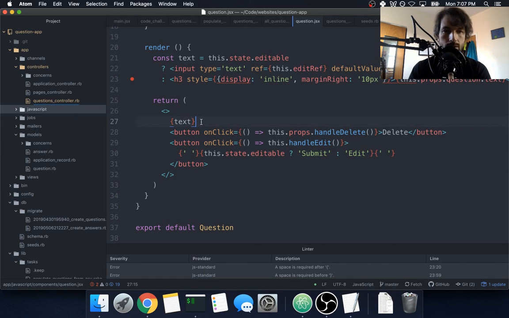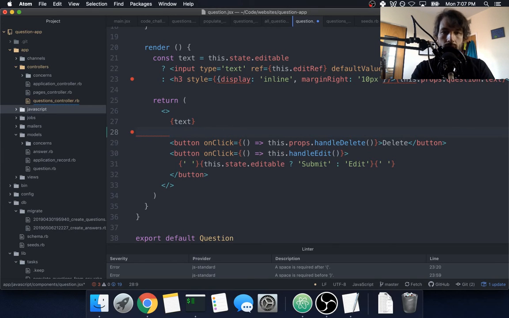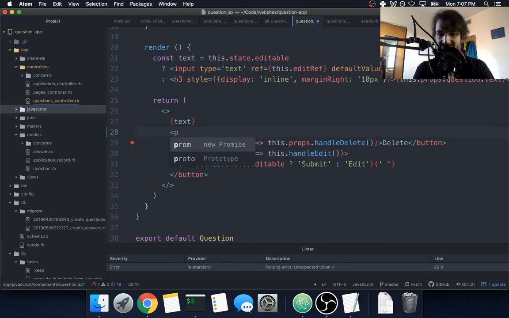I think what we'll want to do is have another component for rendering the answers. I think that makes sense, right? But for now, let's just, in like a real basic p tag,